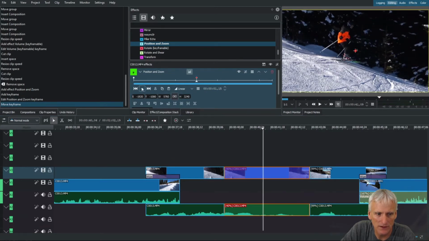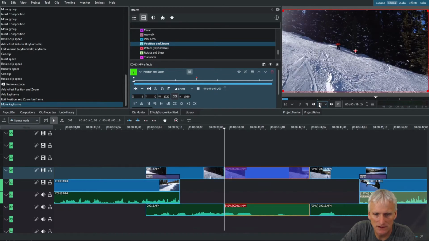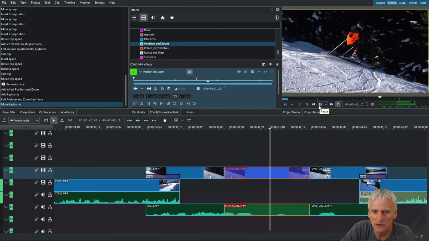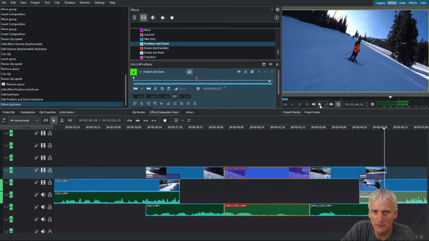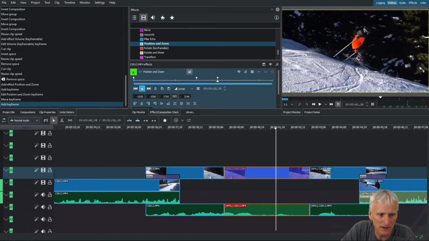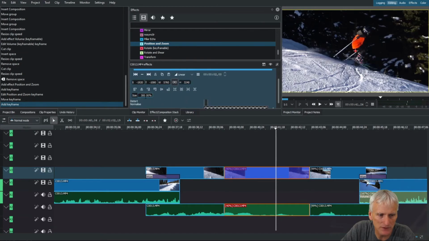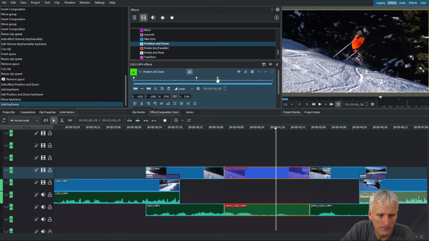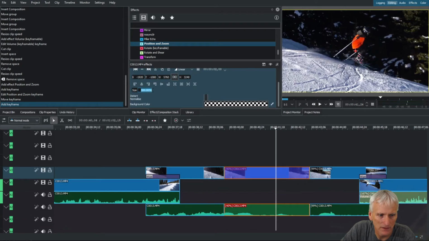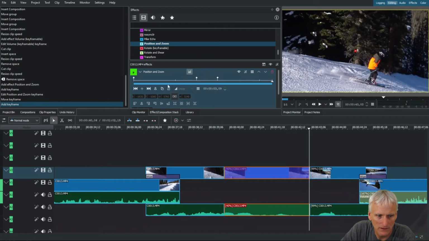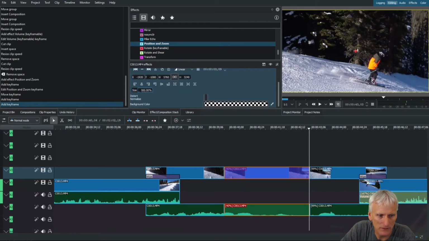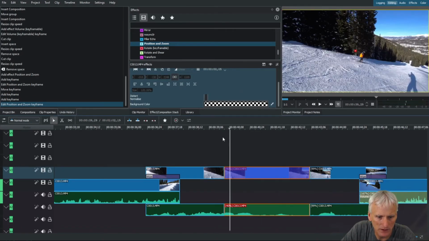So like here, if I wanted to play this, it might be a little choppy in the preview. You can see it zoomed in from 100% to 300%, and then it faded back to 100%. If I wanted to hold that 300%, I could have added another keyframe and said, okay, I'm going to keep it at that 300%. Got to highlight it. Right there, it's going to keep it at 300%. And then at the end, I'm going to make it go back to 100%. So my clip would look like,